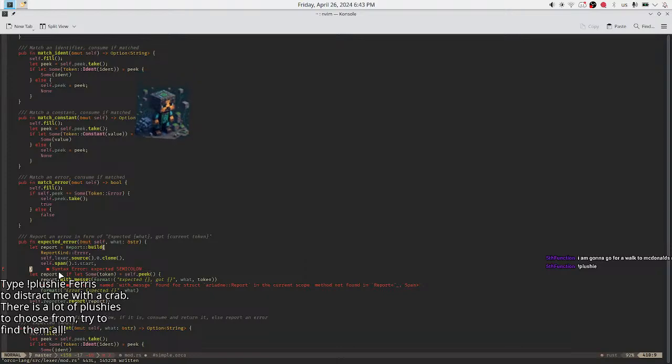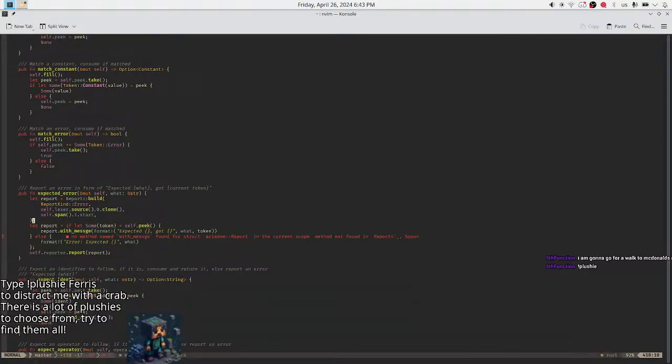I'm gonna go for a walk to McDonald's now at 2 a.m. 2 a.m.? I'm not going out at 2 a.m. normally, I guess. Oh, programmer Jeff, pure randomness. Yeah, have a good ice cream, I guess.